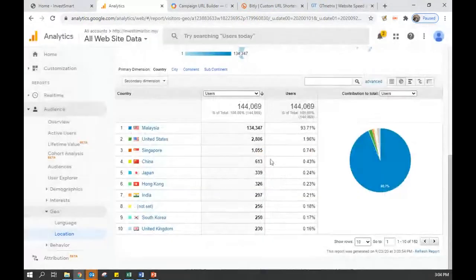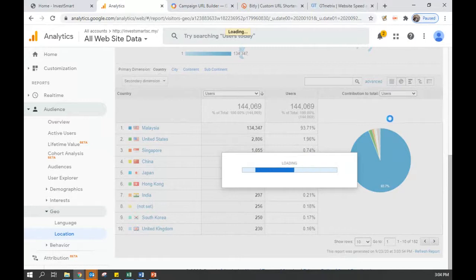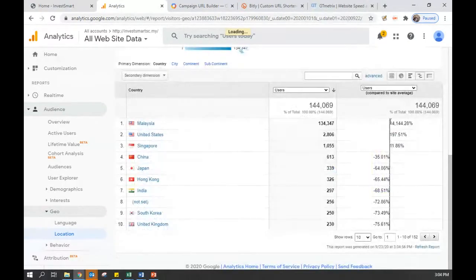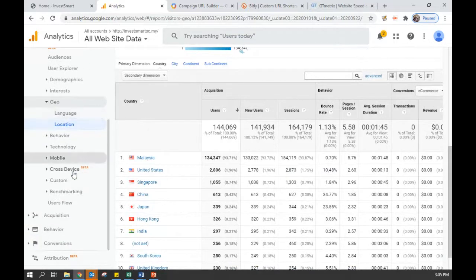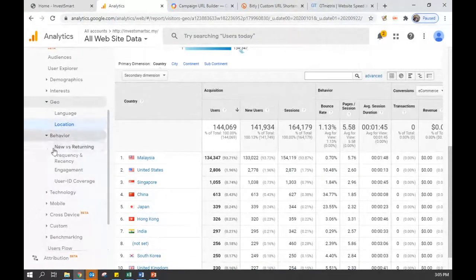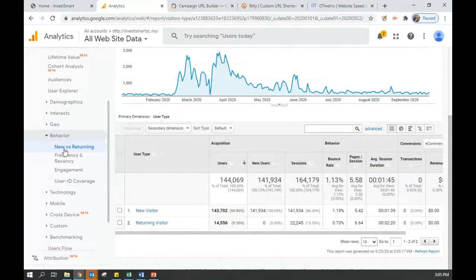Okay, so I believe this one can't seem to be. Let me see. Okay, so you see, they show you in a different format. The bar chart maybe earlier couldn't, but you can try it out. All right, for me, I would prefer a table format. Okay, and then you can see behavior, like earlier, there's new user and returning user. This is all based on cookies, right? You can see information such as this, and then information such as